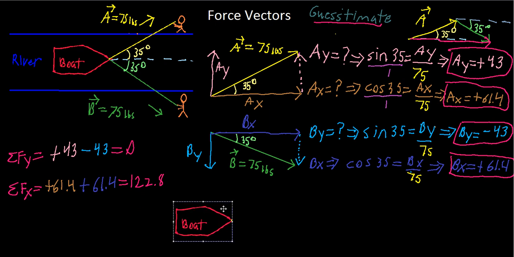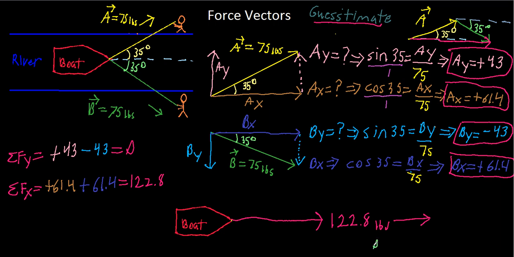So if I were to redraw this boat down here, I could redraw our final force with a magnitude of 122.8 pounds of force straight to the right with no y components, or we could write this as 0 degrees off the positive x-axis. And that would be the magnitude and direction of our resultant force, or final